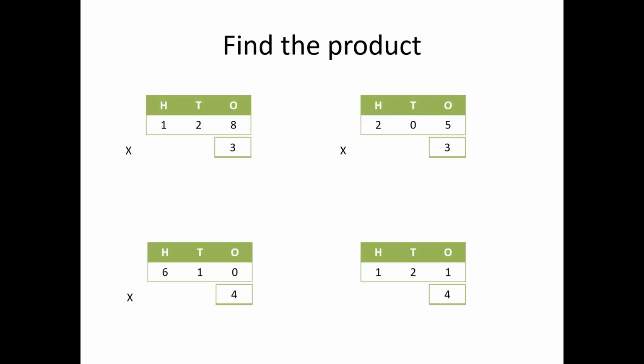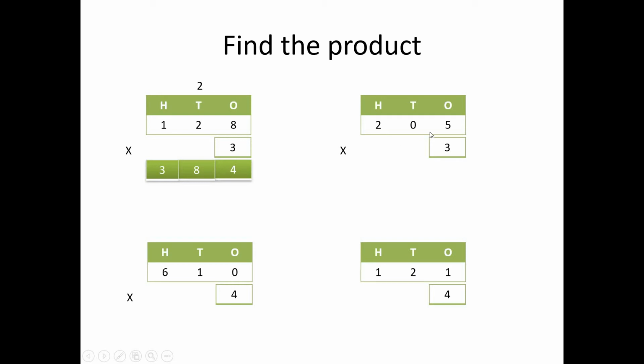Next we are going to do the 3 digits. Find the product. Product means the answer of the multiplication. The product for the first one, 128 into 3: 3 eights is 24. So write 4 in the answer and carry over 2. 3 twos are 6, 6 plus 2, 8. And 3 ones are 3. So the answer is 384. This becomes the product of 128 multiplied by 3.